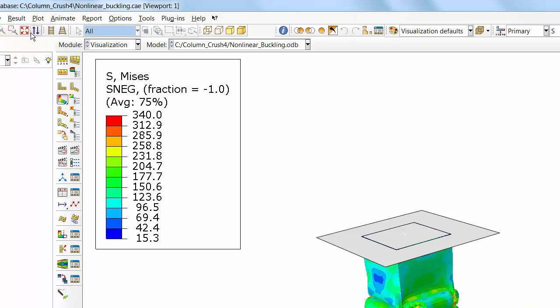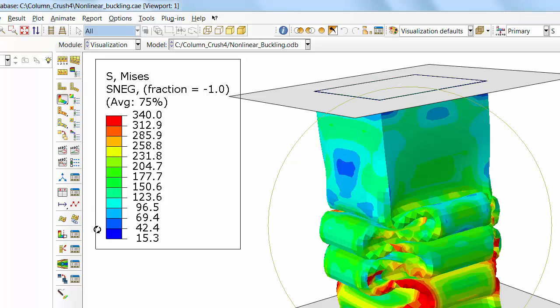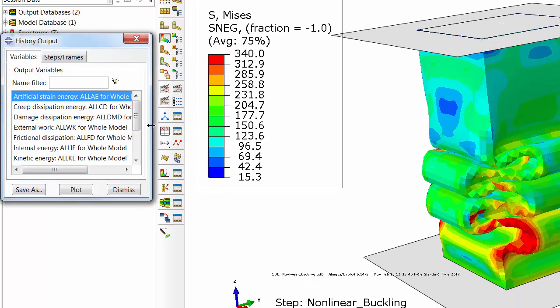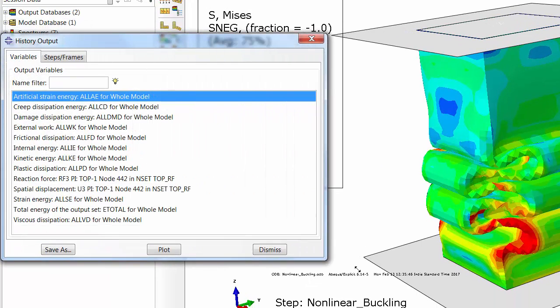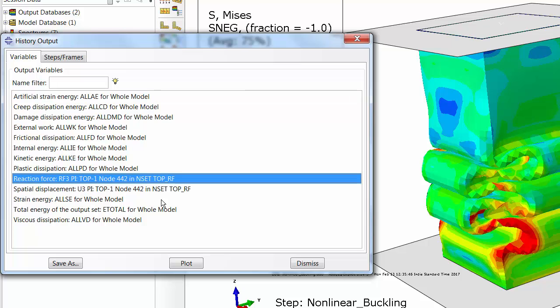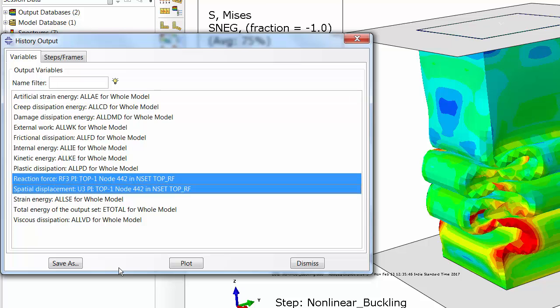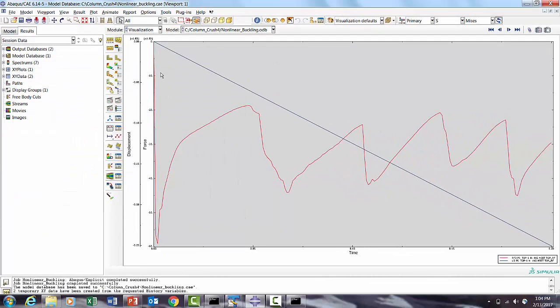now quickly we'll do one thing. Quickly we'll plot force versus displacement, and then check how the post buckling behavior we are able to capture. So if we go to XY data, go to the history output, and then we are going to plot reaction force and then displacement U3. Since it was a negative z, you see the negative z displacement and then you see the reaction force as negative. So we are going to multiply the force by -1 and this by -1, and we'll